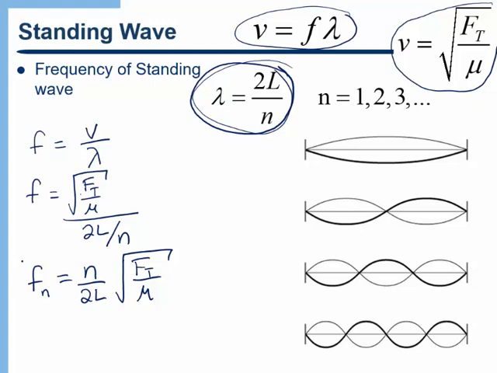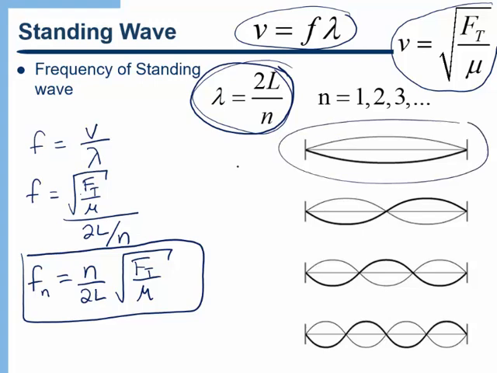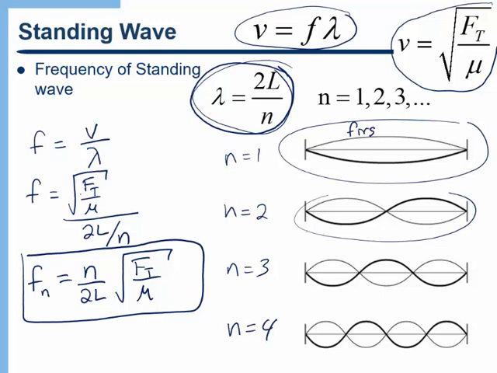And again, sometimes we put a little subscript n there just to say that these are the possible frequencies that would be created by a standing wave on a string. So in other words, notice that what we're saying is this pattern would produce the frequency if I put in n equals 1. This pattern would produce the frequency with n equals 2, n equals 3, n equals 4. And these are the harmonics. So this is the first harmonic, second harmonic,